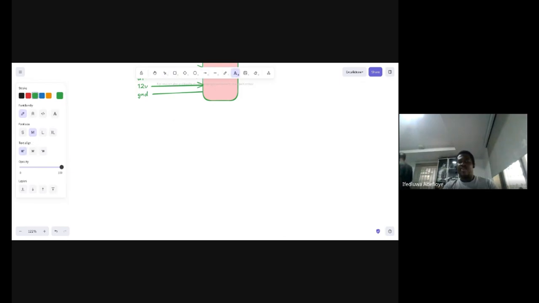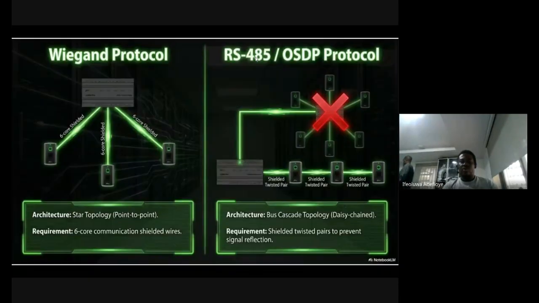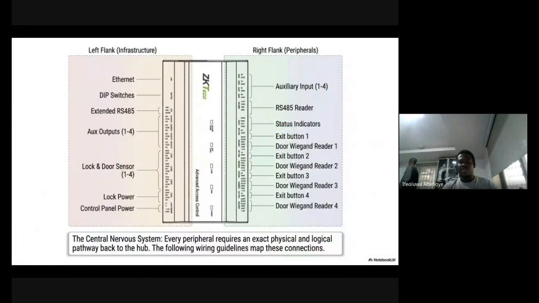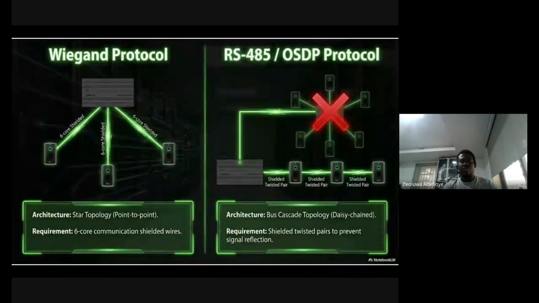So for RS485, you only have 2 points. If I go to the controller where I was showing this, you can see that here we have 1 point for the RS485 reader. You can see just 1 point for the RS485 reader, right? So that 1 point, you have the RS485 plus and RS485 minus. Then you have the 12 volts and